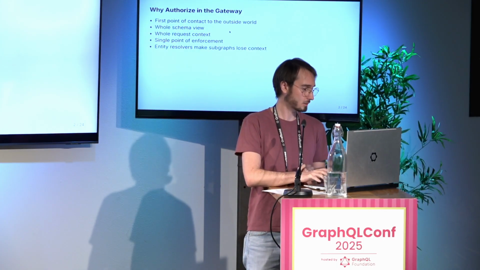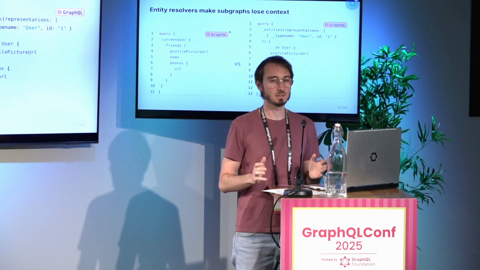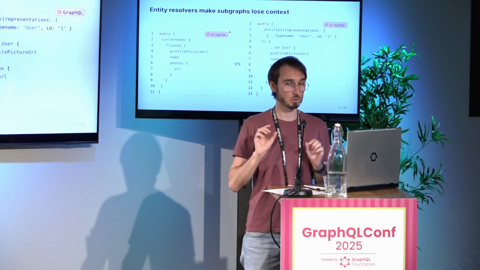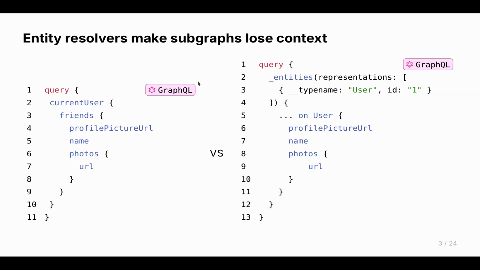And what does it mean? What it means is that the subgraphs, since they are resolving only part of the request, part of the GraphQL query, they only see part of the query, and they don't have a lot of context to go on to